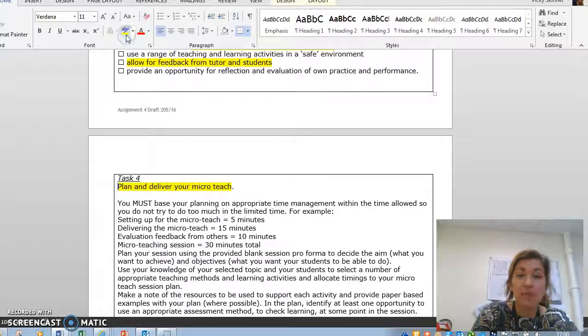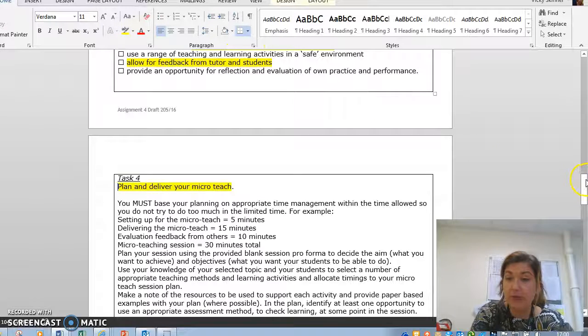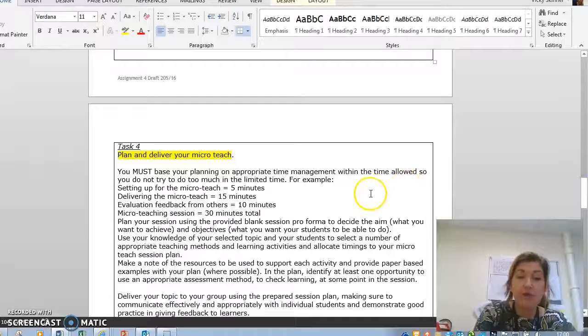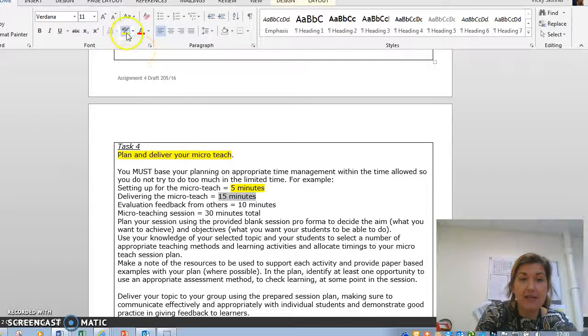Okay, I've put the micro teaches onto Moodle, so you've all got your times. These are spread into 4 groups over 2 weeks, and you have 30 minutes in total. So you've got the first 5 minutes where you're going to set your micro teach up. You're then going to have 15 minutes. This is actually going to be your 20 minutes. You've got 20 minutes to actually deliver your micro teach. And then finally, you've got your last 5 minutes,